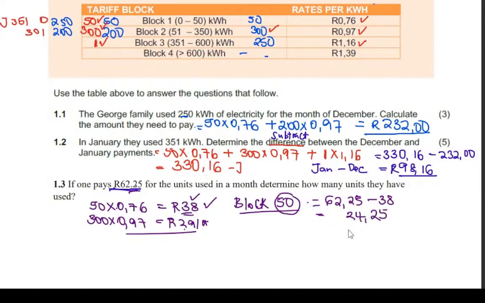So if you remain with this one, you shall divide it by 97 cents. Why? It has been pushed to block number 2, but by how many units? By 25. So units used will be the 50